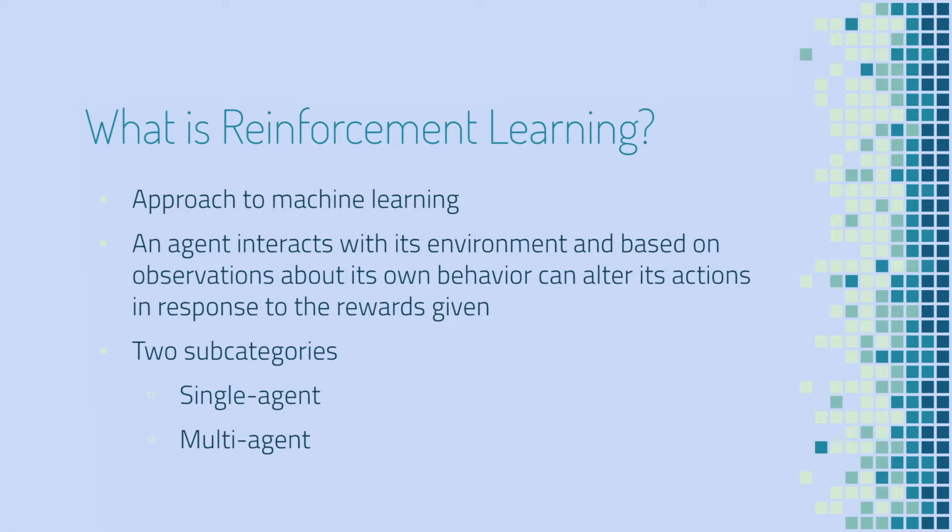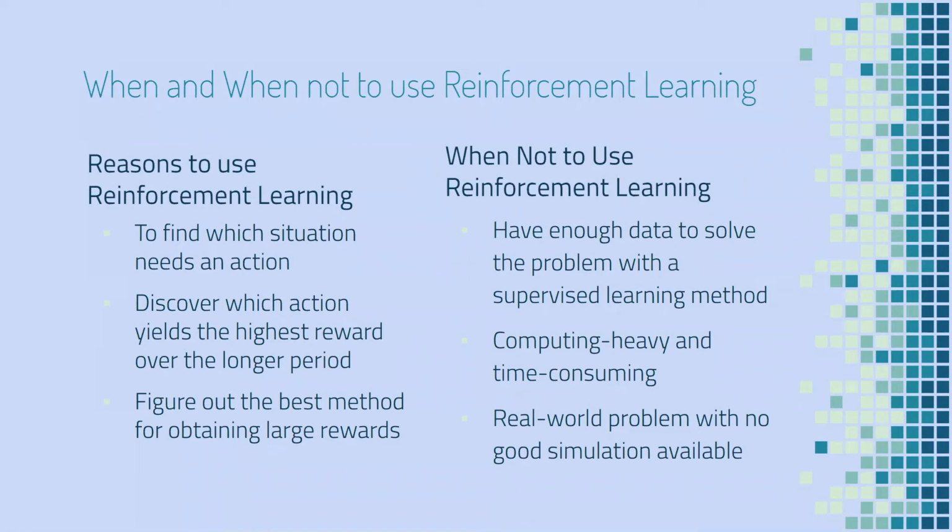There are several subcategories within the topic of reinforcement learning, with two of them being single and multi-agent reinforcement learning. Single-agent reinforcement learning, like the name suggests, is when a single agent interacts with an unknown, randomly determined environment. Multi-agent reinforcement learning, on the other hand, is when multiple agents collectively learn, collaborate, and interact with each other in an environment.